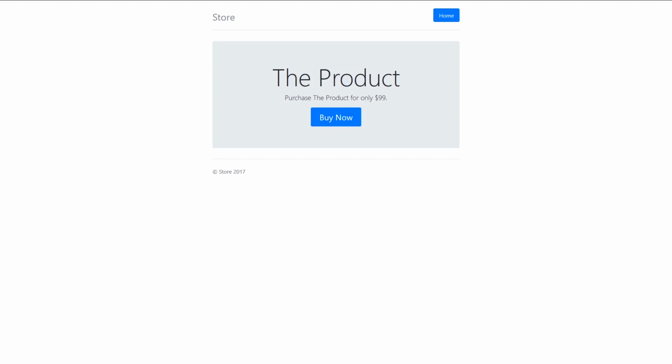Hey everyone, in today's video, I'm going to show you how to integrate Stripe checkout with Flask. So I made this video a few years ago, but since then Stripe has changed their entire checkout process. So I thought I'd make a new video showing you how to do it with the new version of Stripe